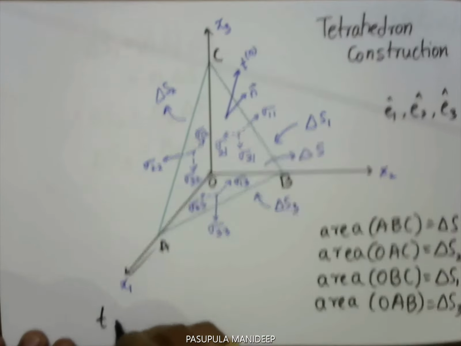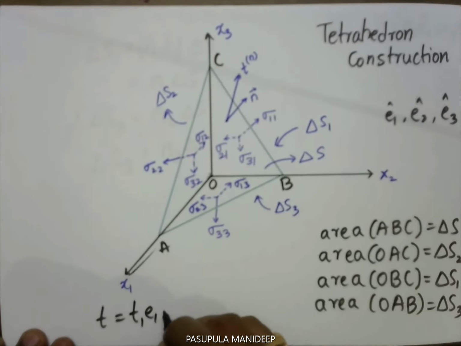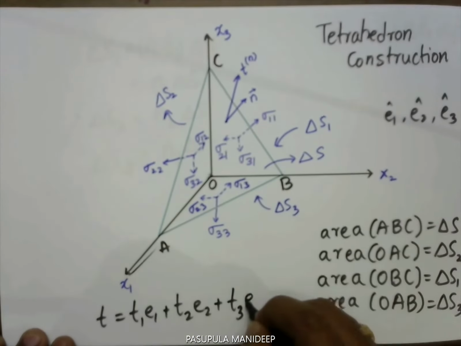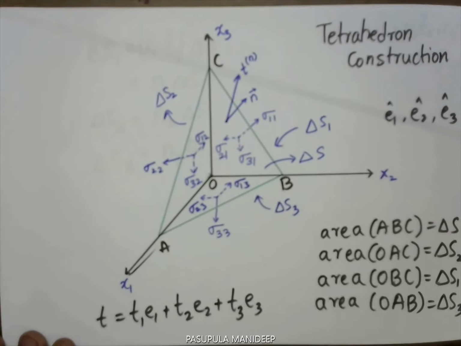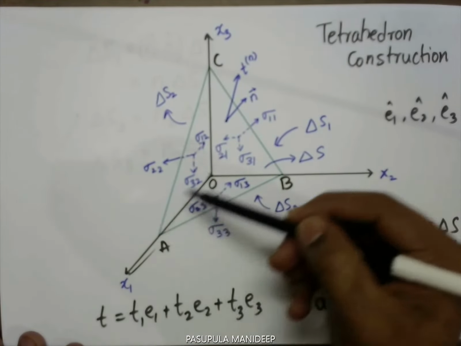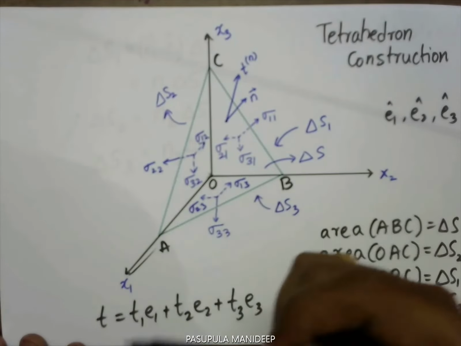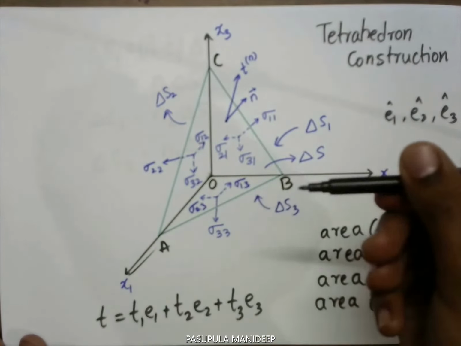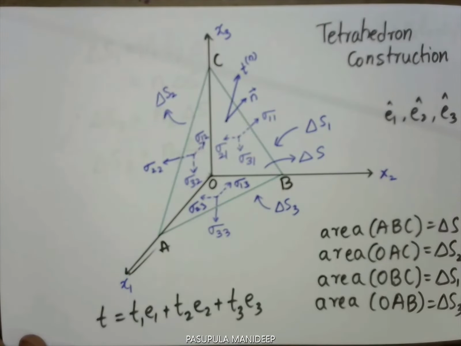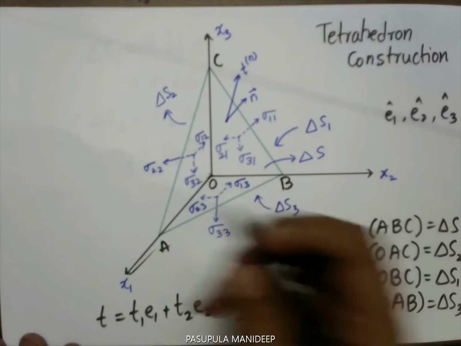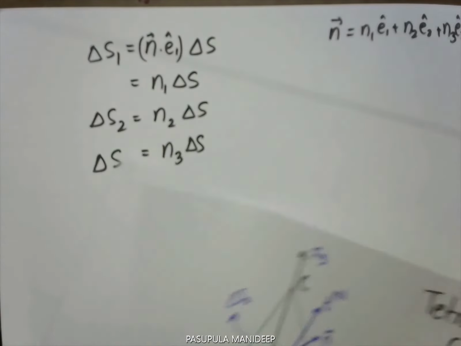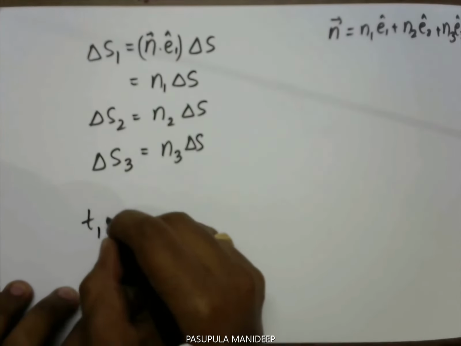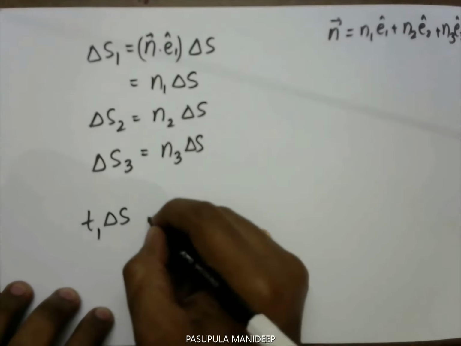Let us write the traction vector as T1 e1 plus T2 e2 plus T3 e3. T1 e1 will be in this direction, so the force in this direction will be T1 into delta S. Let me write this on another sheet. The force in that direction will be T1 into delta S minus